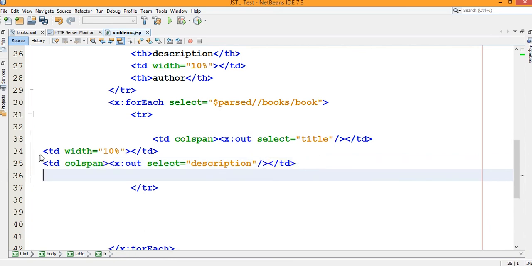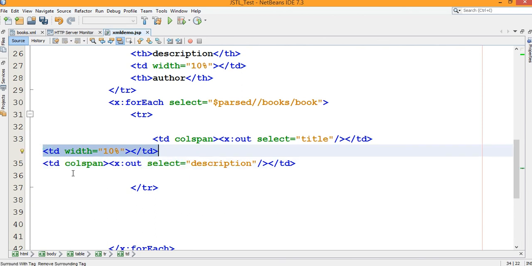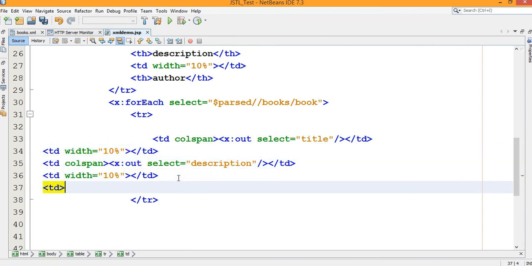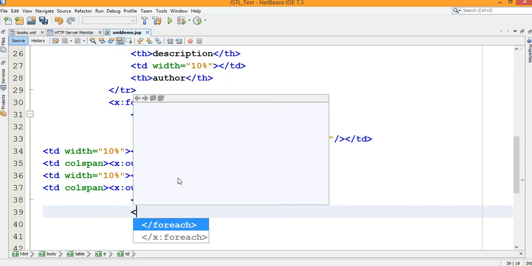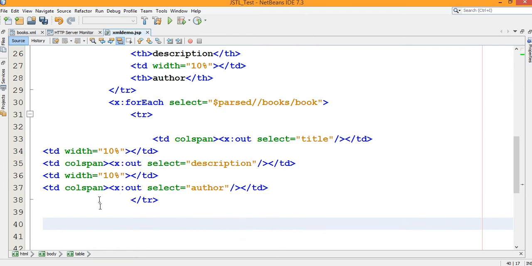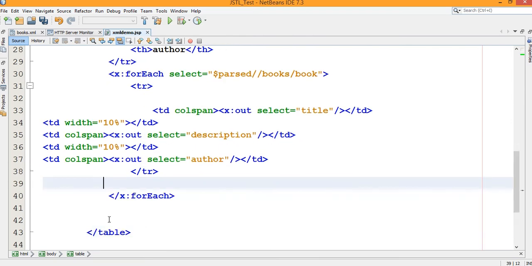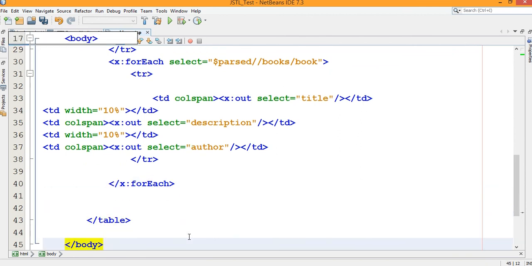Then again you want some spacing, so this tag is copied again. Then again td colspan. You know the HTML attributes; I am not discussing colspan and width attributes of the td. Select equals author. So here we end tr, then x:forEach is already ended. In the last we end the table also, and the body. So here I completed my example.